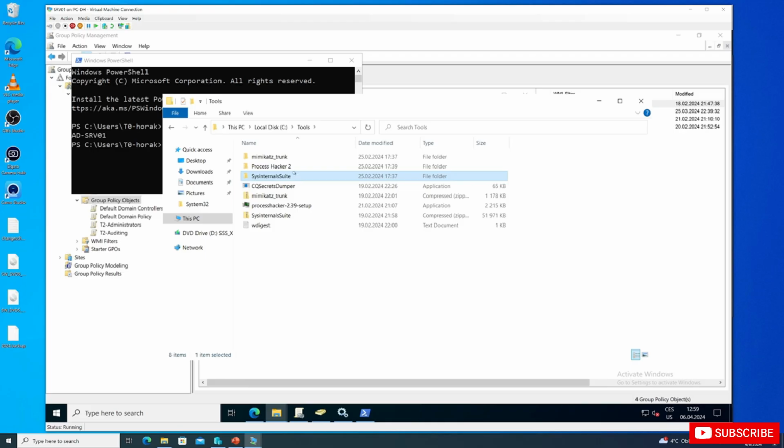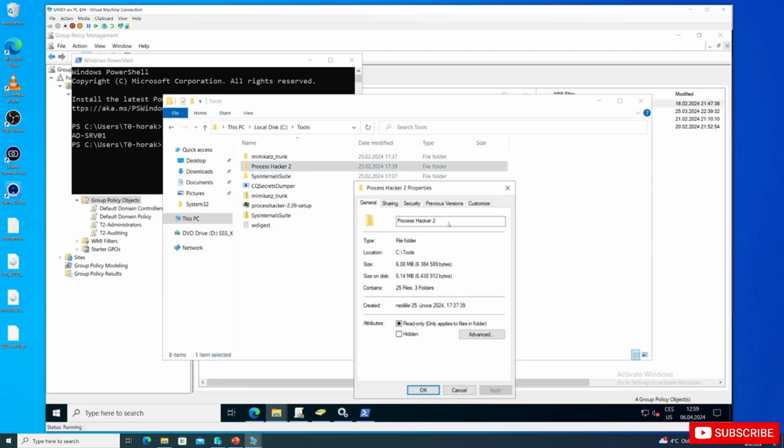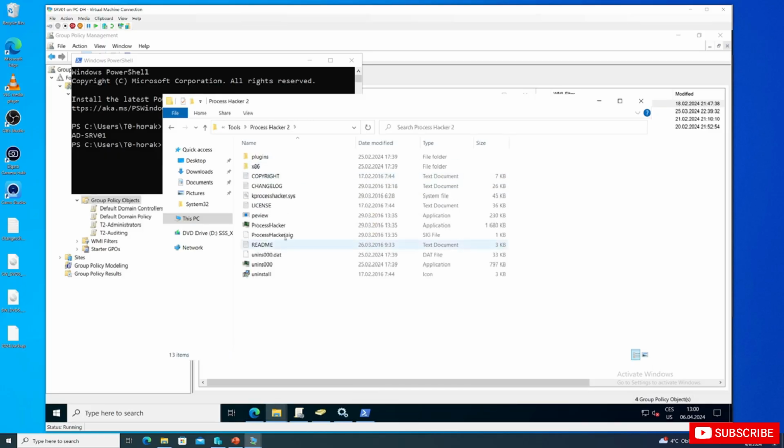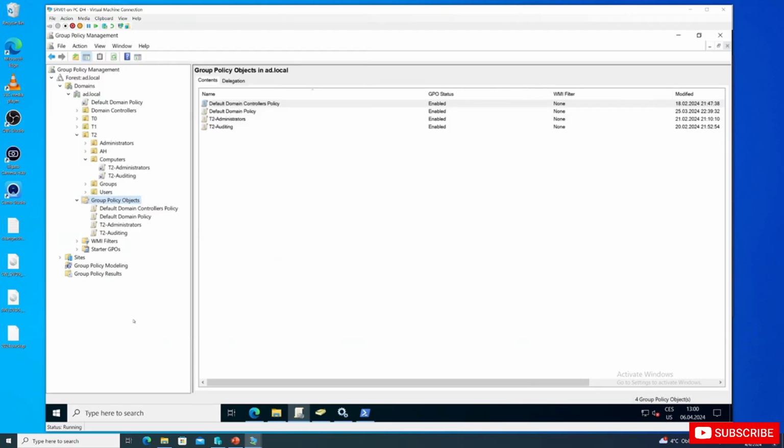So the goal will be that I am not able to run Process Hacker, because the Process Hacker binary is of course signed by somebody else. So this is the goal over here. So let's create that policy. Let's name it, for example, AppLocker policy. And let's get into it. Okay, edit,